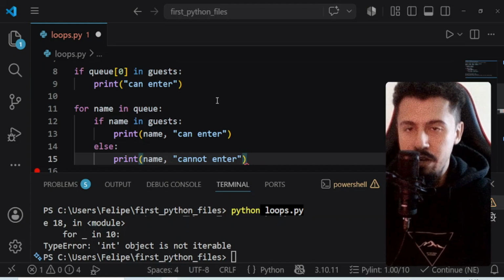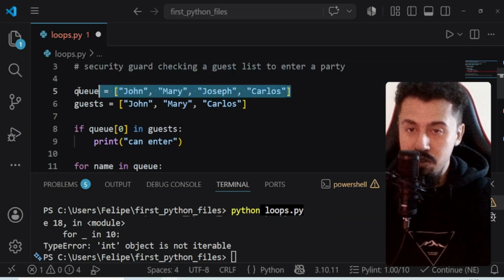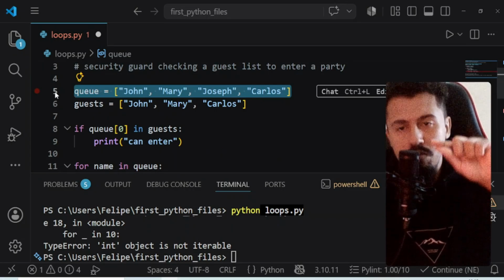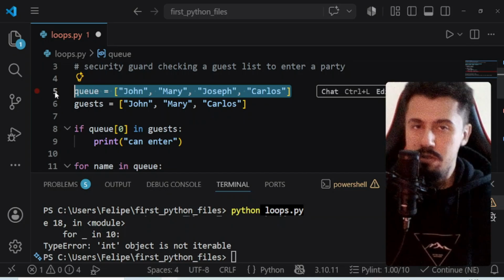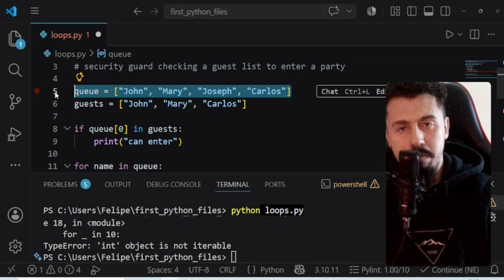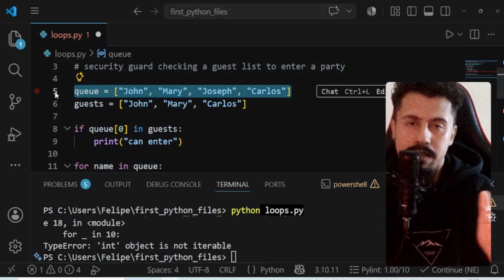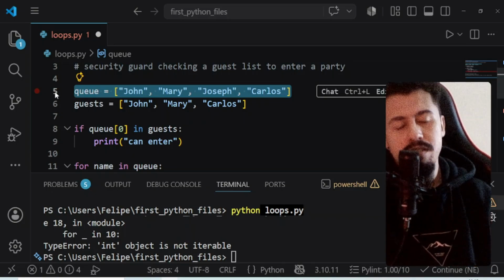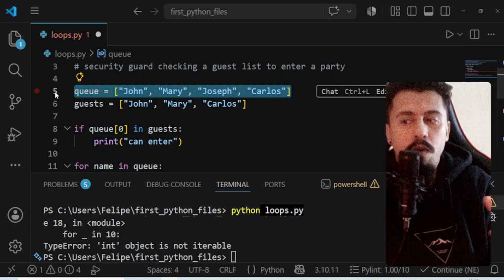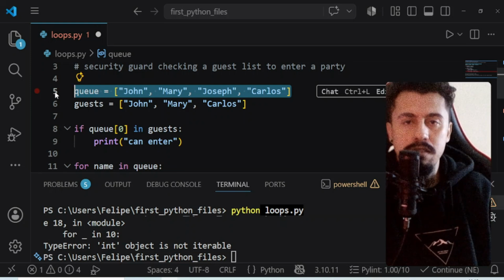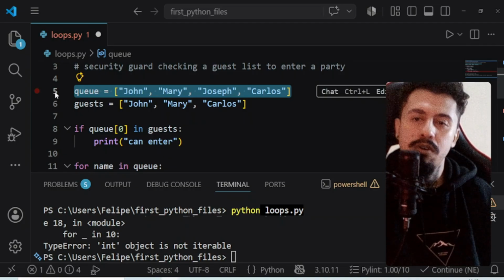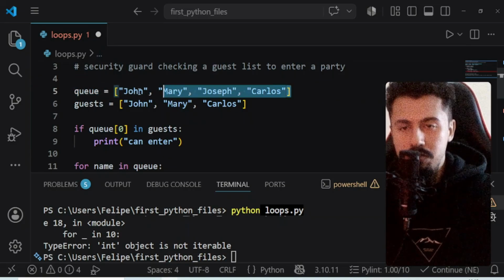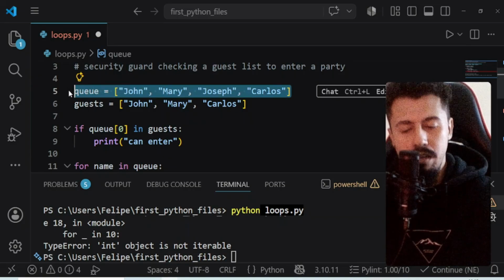All right, so here we have defined a queue, and we have used the for loop to iterate through this queue. All right, the while loop does not necessarily iterate over something. It just repeats while some condition is true. All right, so for example, instead of defining the queue, let's improve this,